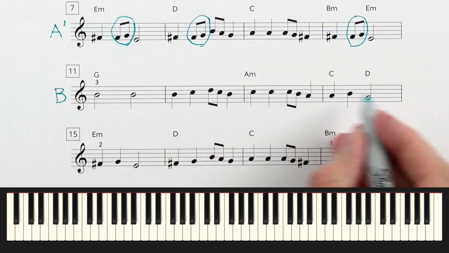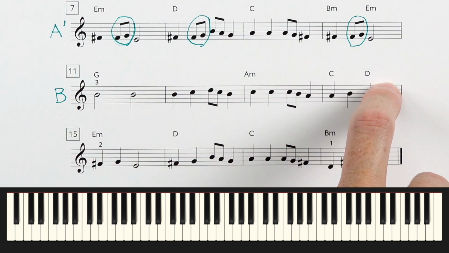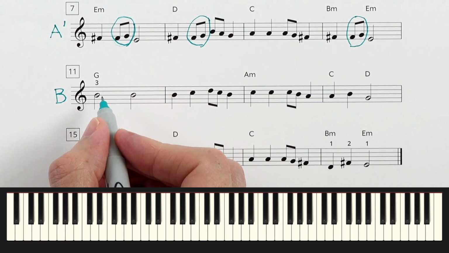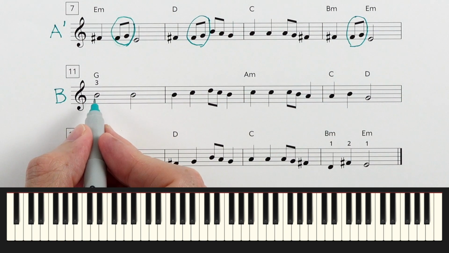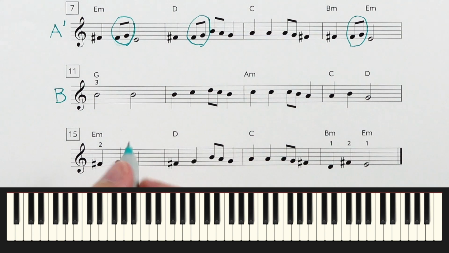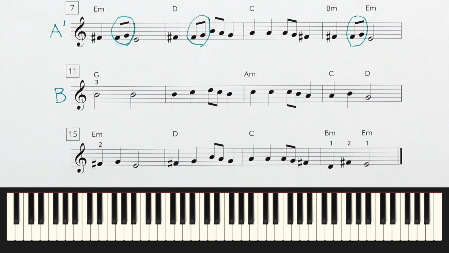I don't see any sharps or flats, so what pentascale is that? That's G major. So we move finger 3 up to B, and we'll be in a new position on this line. Now that's the only help I'm giving you. I'd like you to pause the video now and figure out how to play this line on your own. I'd like you to watch the rhythms carefully. Make sure you give the half notes 2 beats, for example. Make sure you play these eighth notes correctly. Follow everything you know about reading notes and try and figure out line 3, and then press play and we'll check it out together.